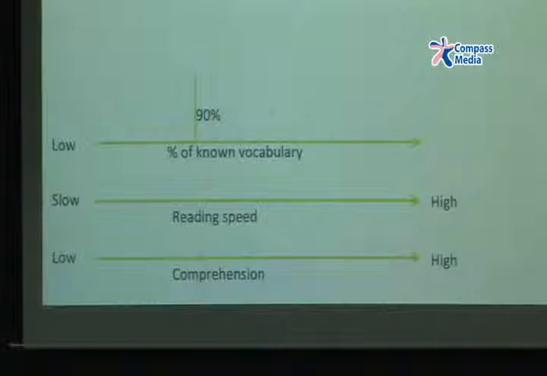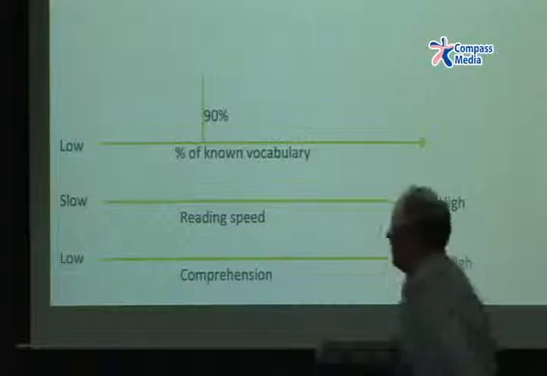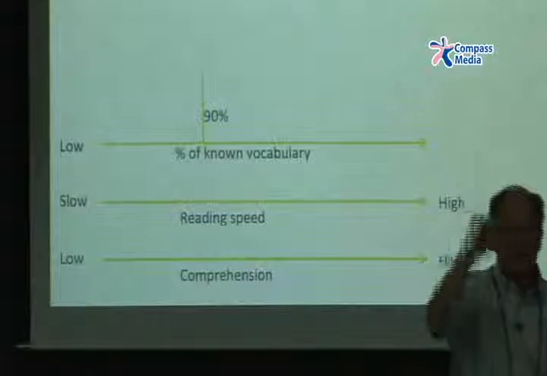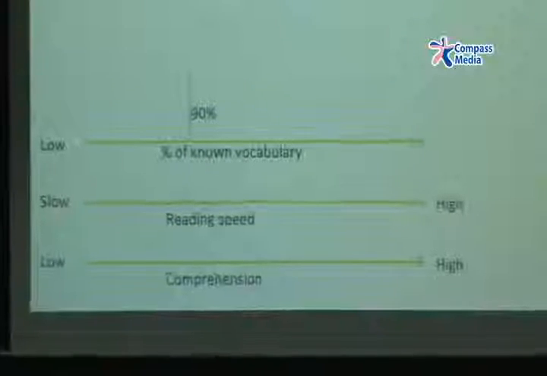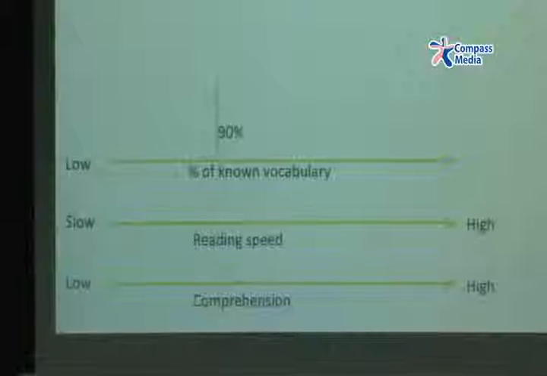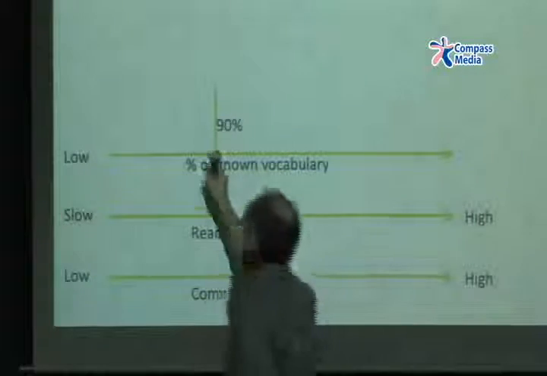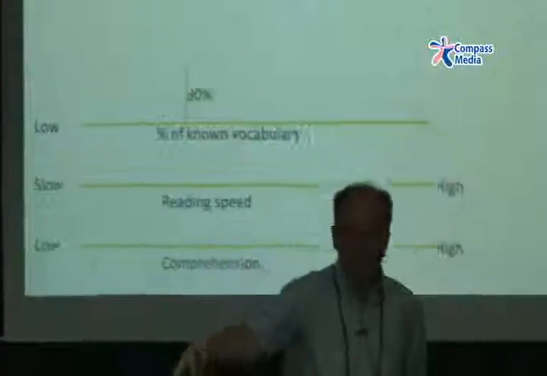The first is 90%. If you've got a text, it doesn't matter if it's a low-level text, a high-level text, doesn't matter, okay? If you've got a text and you know only 90% of the words, or less, that means there are maybe 10% of the words you don't know. We call that reading pain. Yes? It's hard, poor comprehension, high effort, demotivating.